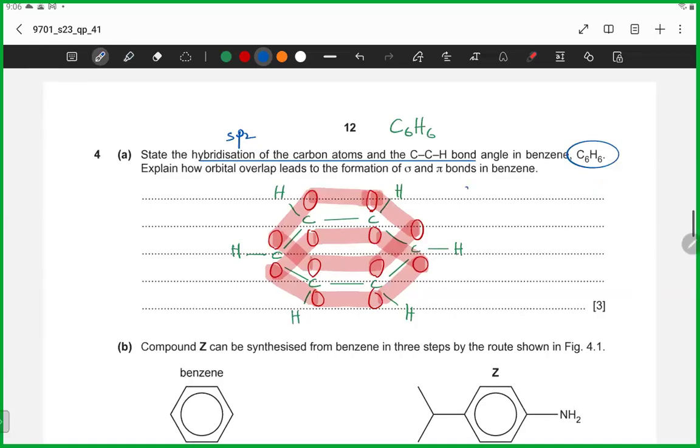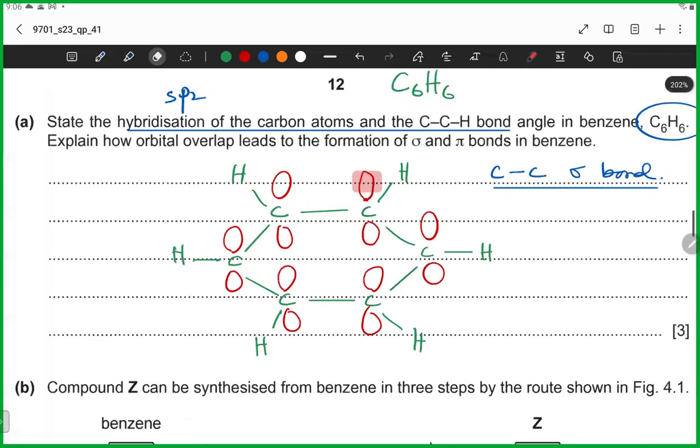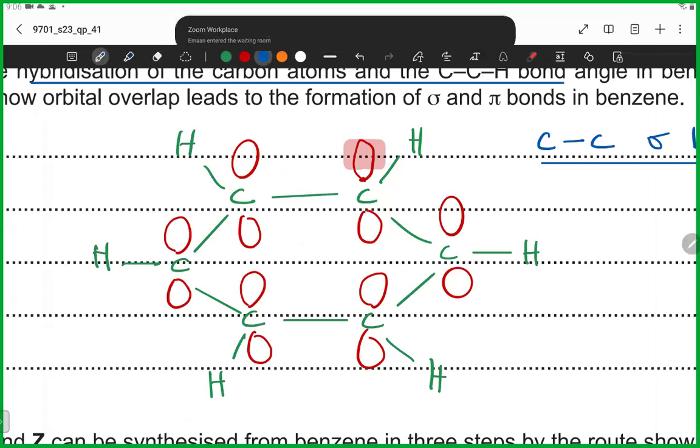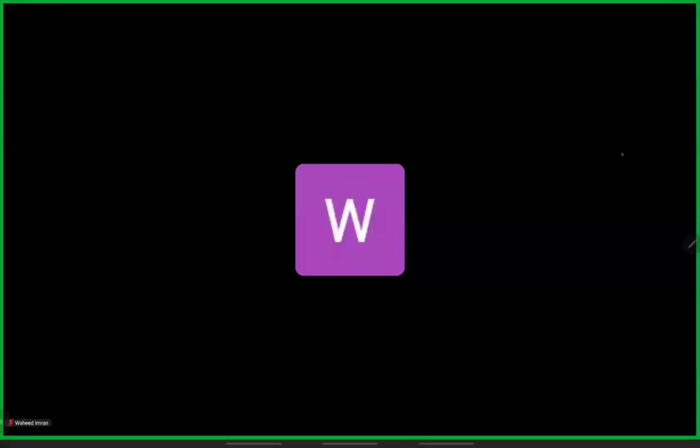So one by one, the carbon bond, can anyone tell me which orbitals actually overlap to form the carbon carbon sigma bond over here? ये जो middle वाला है, ठीक है, I'm going to highlight that। It's this one, and let me get rid of the pi bond। अच्छा, which orbitals form the carbon carbon sigma bond? ठीक है, remember it's sp2 hybridization।